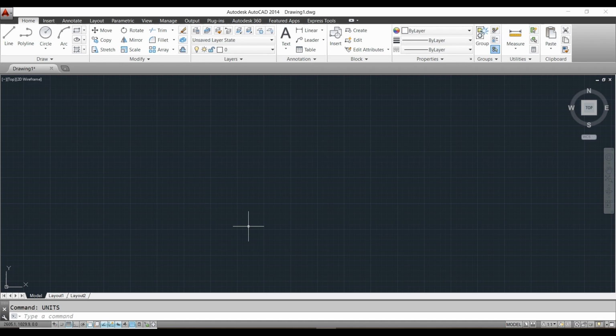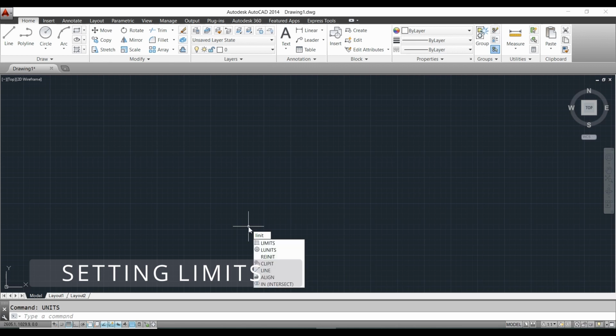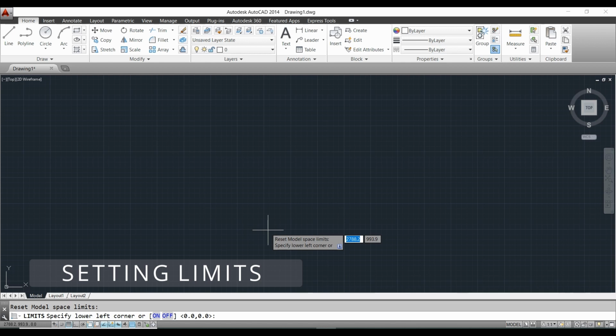Next is to set the limits. Limits is nothing but the page size that we want to draw, because AutoCAD has infinite length in X and Y direction. So for drawing, we need a specific length to draw it easily. Now let's set the limits. For that, type limits.